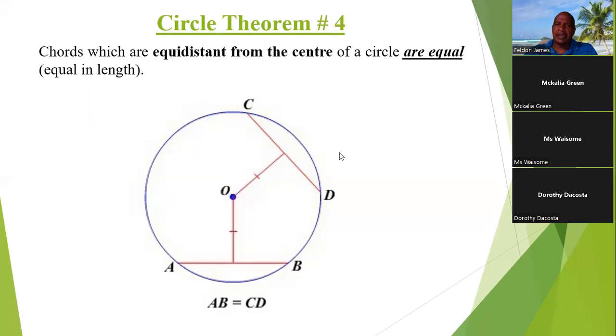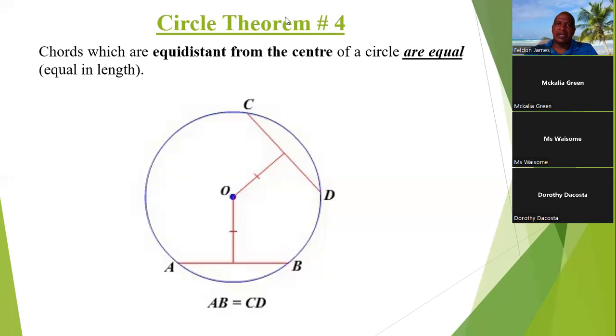All right. Now, Theorem 4 says that chords which are equal are equidistant from the center, meaning that they are equal length from the center of a circle. So as before, this is saying now if the distances from the center are the same, then